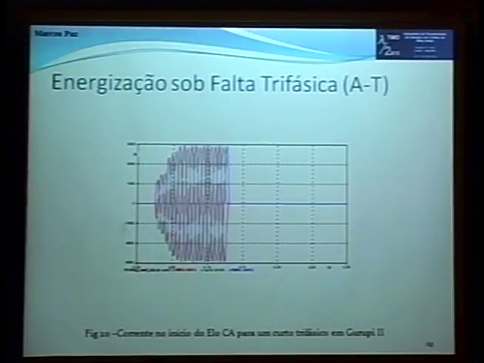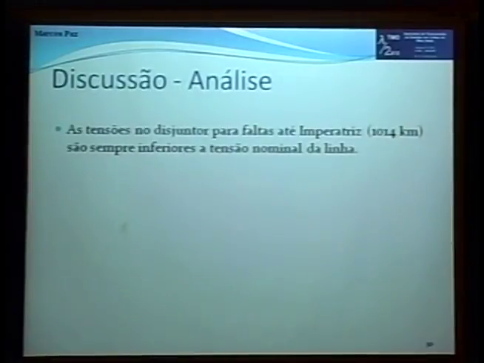This would be the fault current for a fault occurring in Gurupi 2, as seen from the circuit breaker. In this case, this current is also being limited by the surge arresters. In the case of the lack of a surge arrester, the fault current could be much higher. The voltages in the circuit breaker for faults located up until Imperatriz will always be lower than the nominal